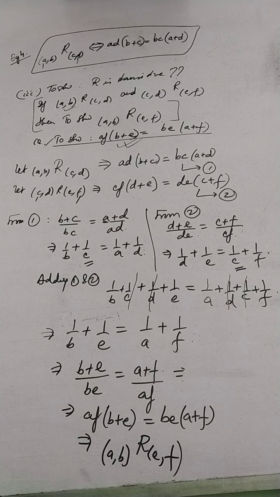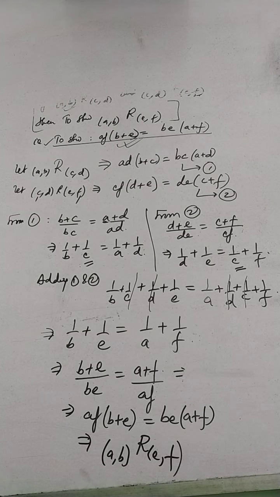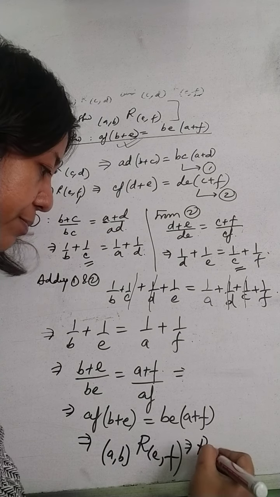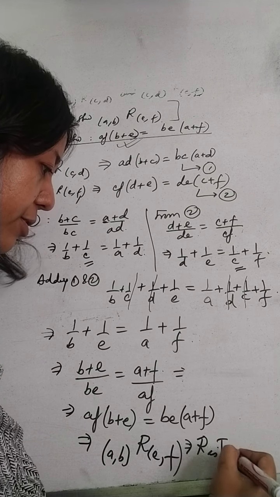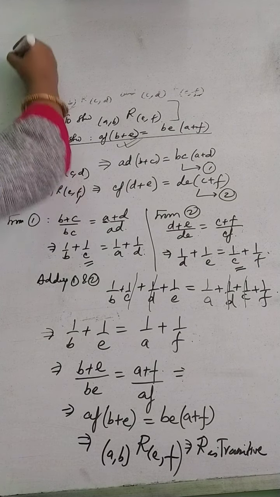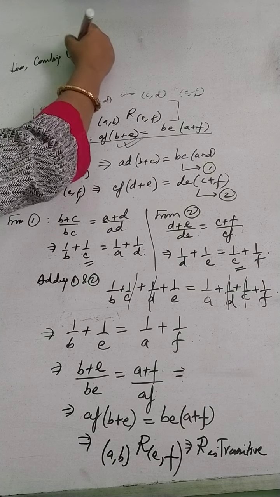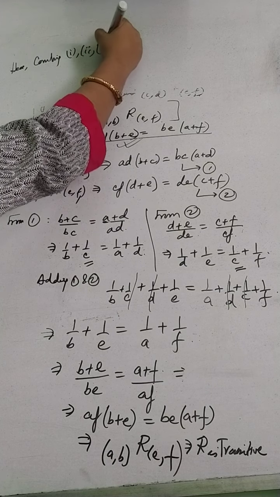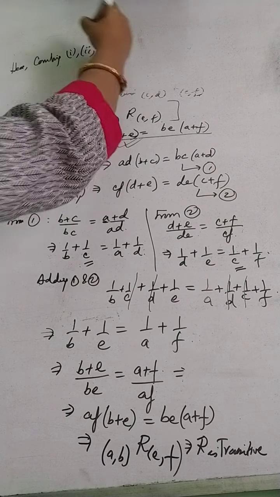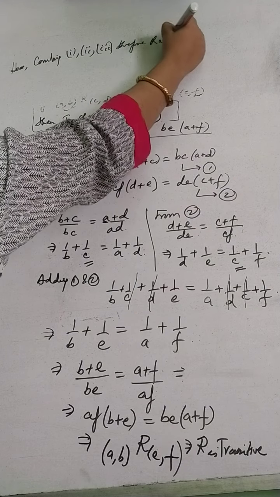What is the final statement therefore? So you will simply write that, thus, here you can write, which implies R is transitive. Okay, which implies R is transitive. Hence, final conclusion, combining 1, 2, 3. Combining 1, 2 and 3. Therefore, R is an equivalence relation.